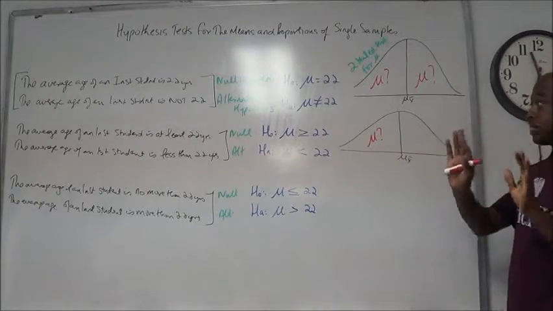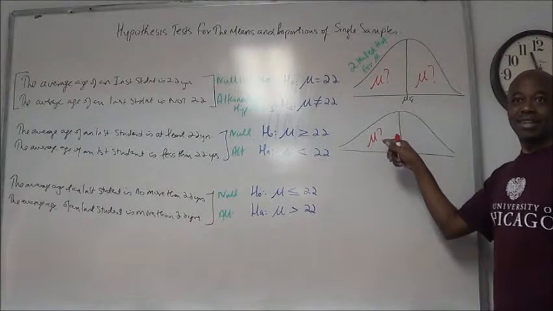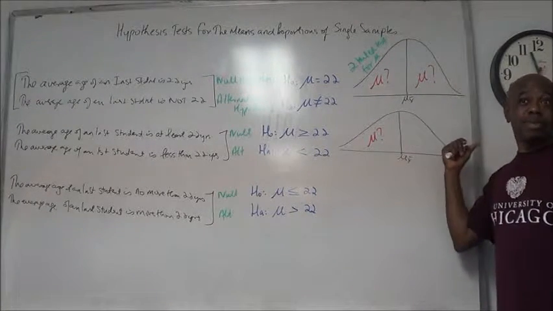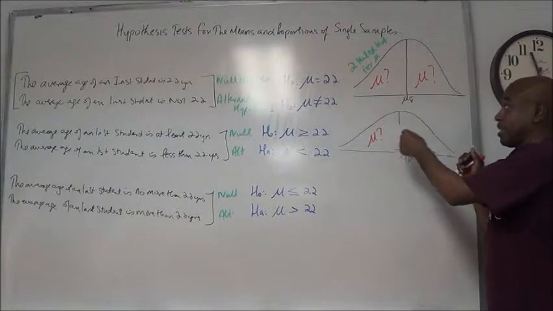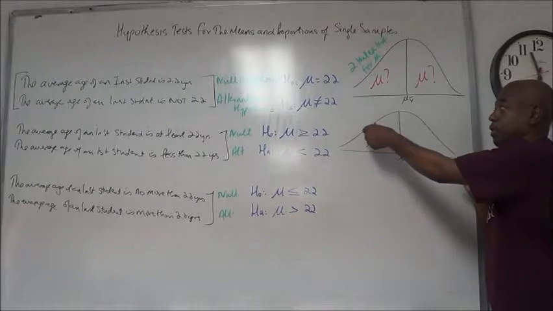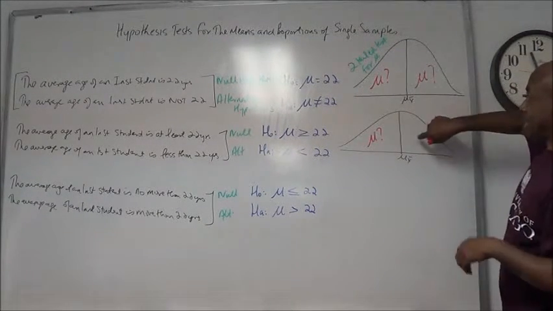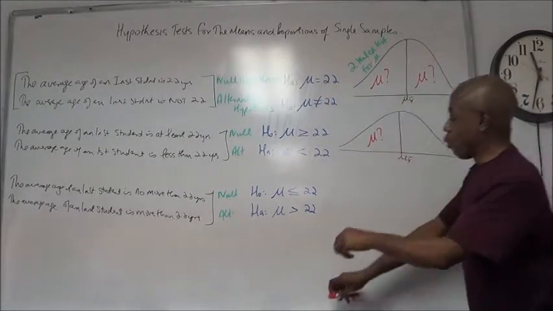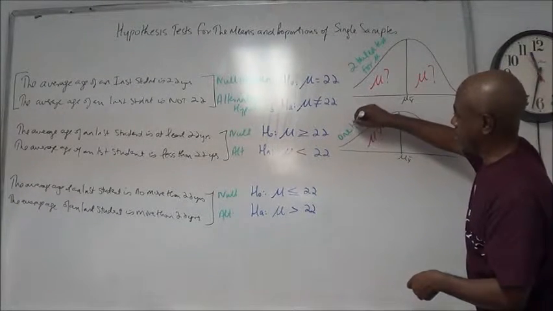He says it should be from here, that way. We say, okay, well if that's what he says, let's see if it's on the other side. If we find it over here, that means that he's wrong. If we don't find it over here, then he has to be right. The mean can only be on one side, right? It has to be somewhere. If he says it's over here, and we look over here and we don't see it on this side, then he has to be right. So since he says it's over here, but we're going to look on the other side to see if it's over there, we're going to call this test then a one-tailed test.